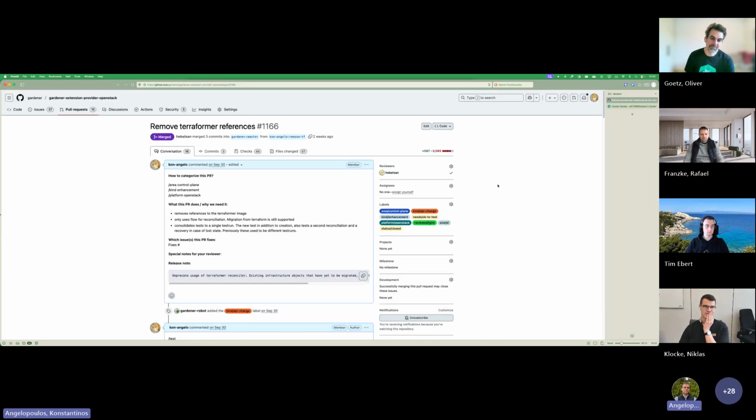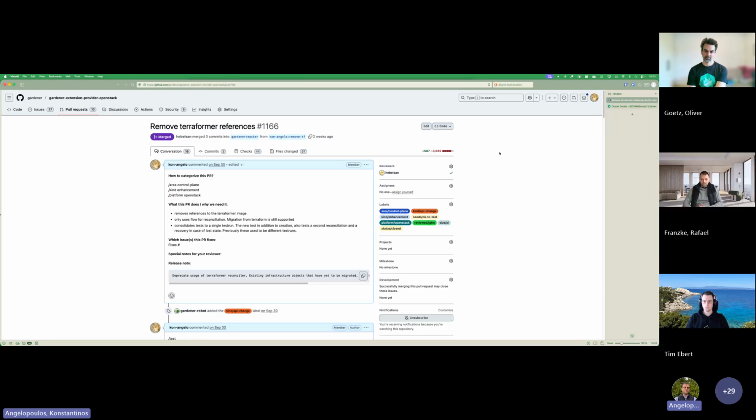So, if you've been here long enough, you know that a lot of the extensions were relying on Terraform to provision the infrastructure for the shoots. We were discussing for a long time going ahead with the removal from our extensions, and we wanted to speed it up after the whole BSL change from HashiCorp and so on. And so we created this new implementation for the infrastructure controller, which relies more on the Go native SDKs rather than Terraform. And this has been an ongoing item for quite some time, and we are approaching the later